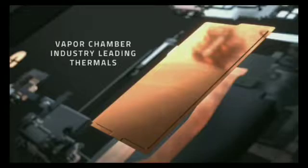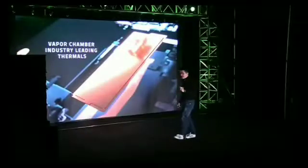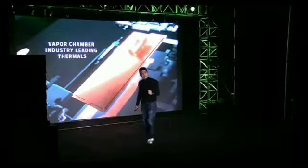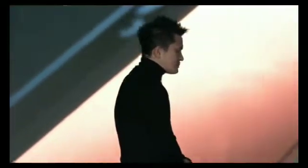This stretches almost the entire length of the Razer phone, and it allows it to cool so fast that it provides that industry-leading performance out there. Flagship performance. What else? Now, one of the big things that we had been asked for constantly was that when we shipped